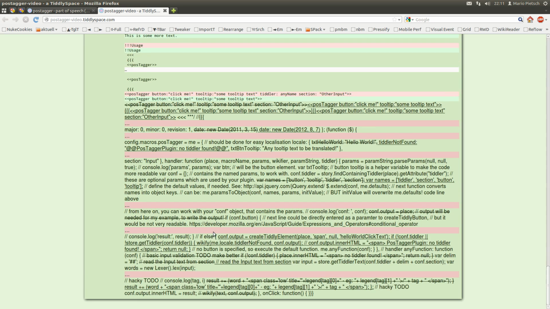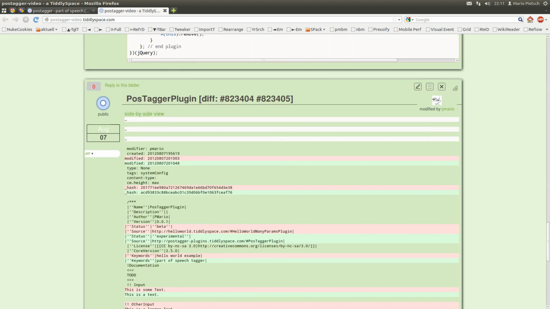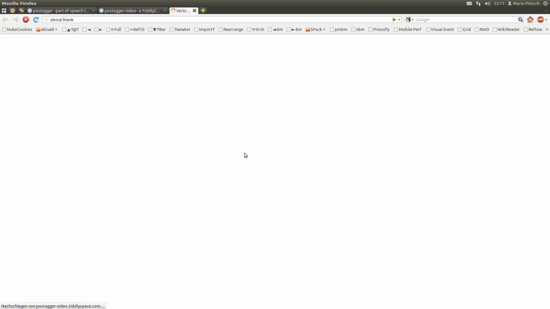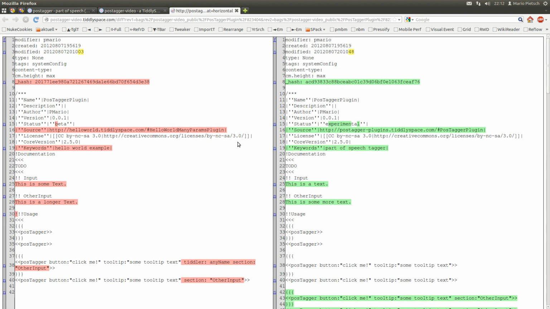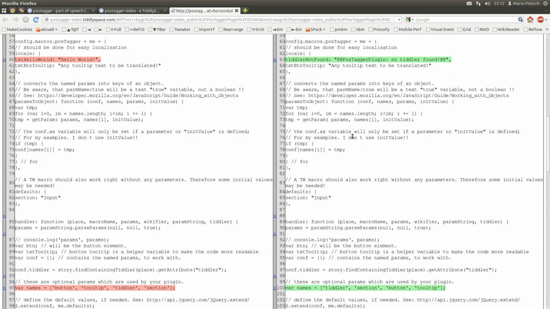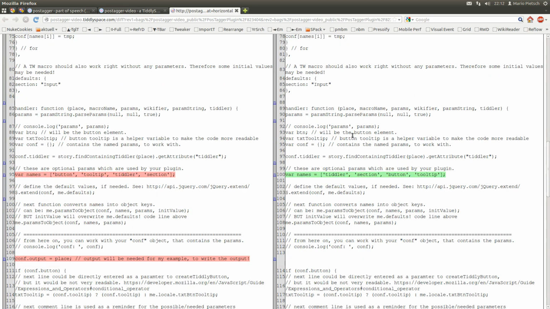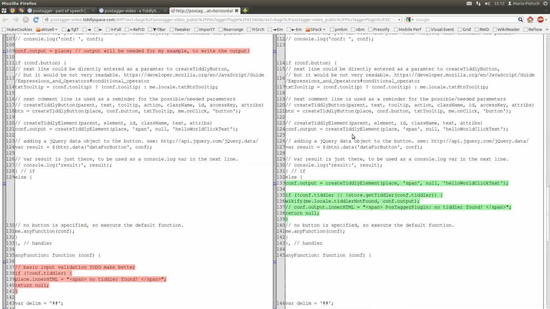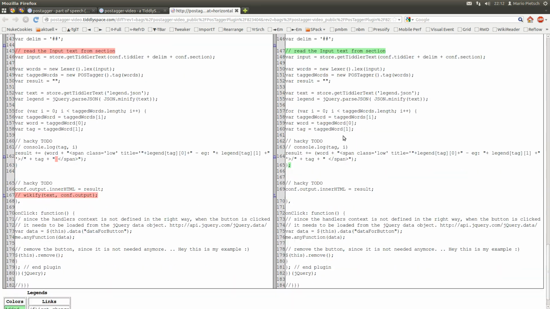This doesn't look that nice, so we say side by side view, and here we can see exactly what's the difference between the two versions. There is not a big difference, but a little bit.